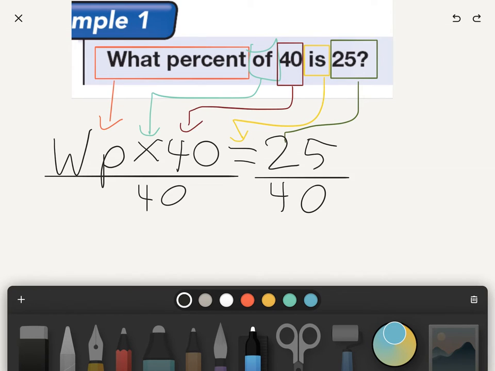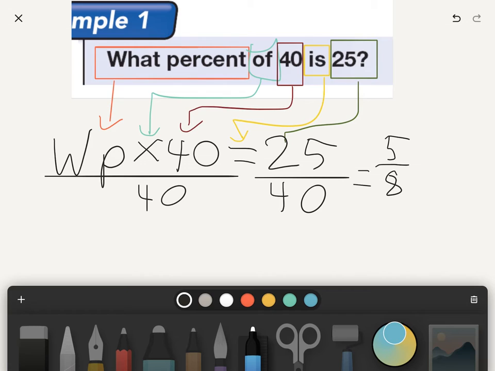Sooner or later, you might be getting sentences that aren't so easy to just look at and know what you're supposed to do, and then being able to write an equation and then knowing how to solve equations can be super handy. So okay, well I can reduce this, can't I? To 5/8. I can divide each one by 5. Okay, and then